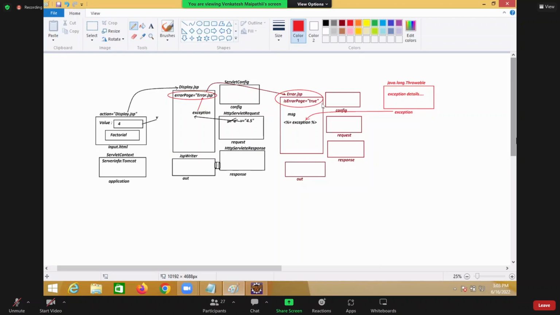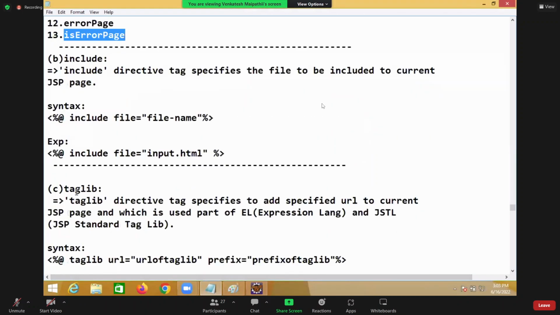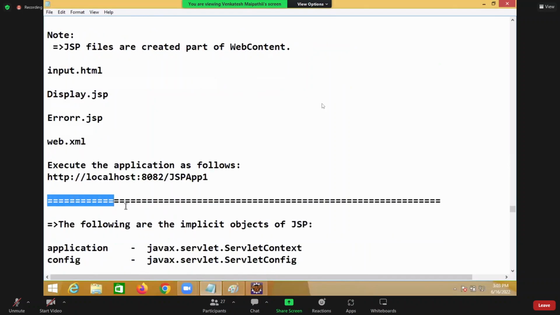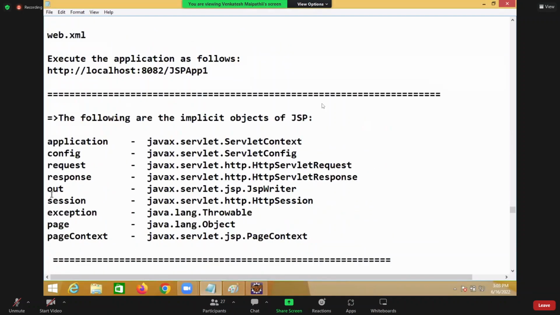That's the theory. So finally, how many implicit objects are available, sir? I have written it here. There are 9 objects available to you. The following are the implicit objects of JSP: application, meaning servlet context; config, request, response, out, exception. Used already, right? So config means ServletConfig, request means HttpServletRequest, response means HttpServletResponse, out